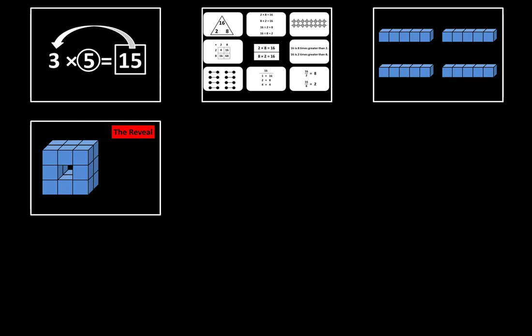Then you'll examine 3 new structures. This is one of them, and you'll have an opportunity to discuss how you see each structure. For example, you may notice matching groups in the front and the back, or 3 layers from the top to the bottom, or even 2 identical groups like this. This lesson is designed to let you talk about math so you can share your ideas and hear the ideas